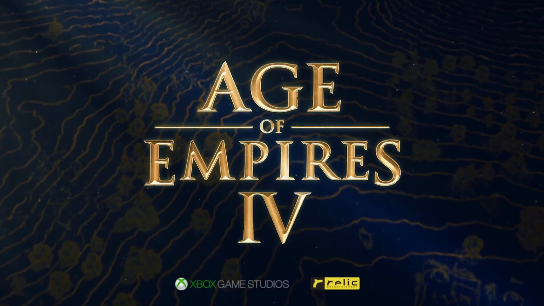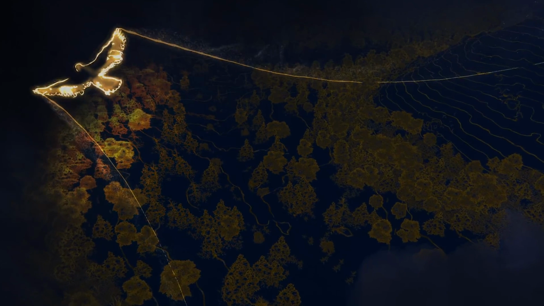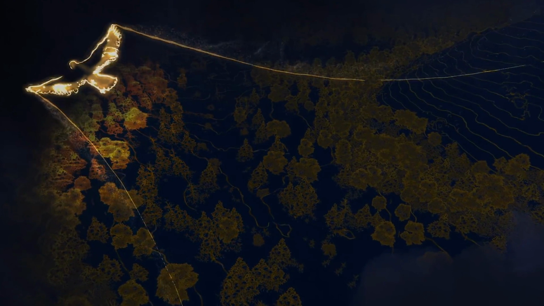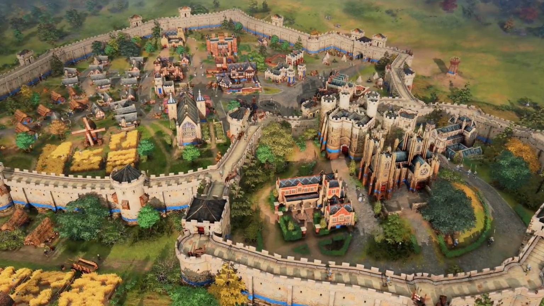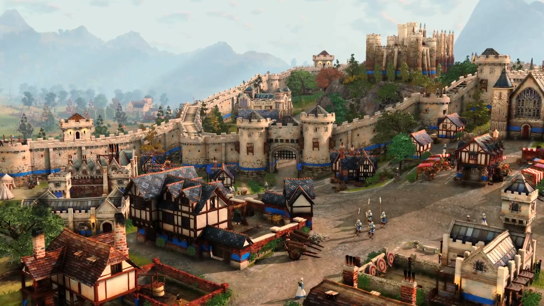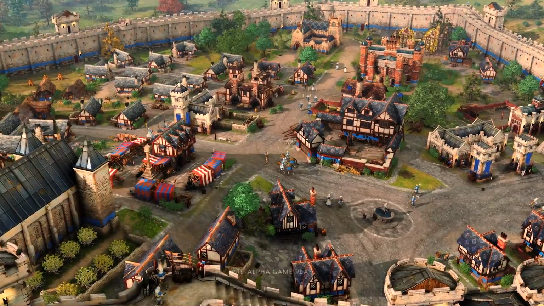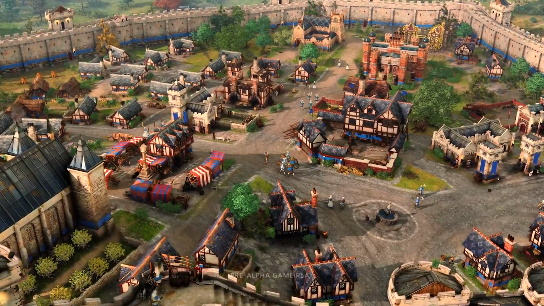Age of Empires 4 has finally been revealed, well, kind of. It says it's got a gameplay trailer, a gameplay reveal, but let's be honest, this is not gameplay. This is in-engine, in-game graphics in a kind of cinematic. At most, this is a machinima. This is not gameplay, but it looks pretty interesting, though it has caused some controversial opinions just based on how